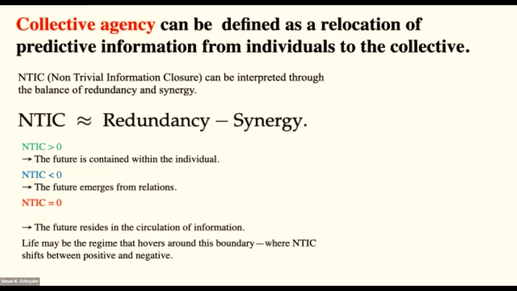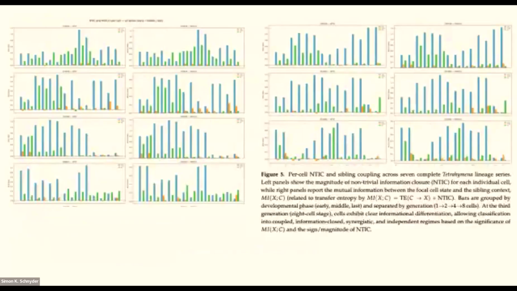This is interesting in the sense that your future state is not only decided by yourself, but also decided by the collectives. Or you can say the reason you can predict your future state is because you are embedded in this collective. This collective allows you to predict the future state using your current state. Okay, I know this is a bit complicated, but using this notion, for example,